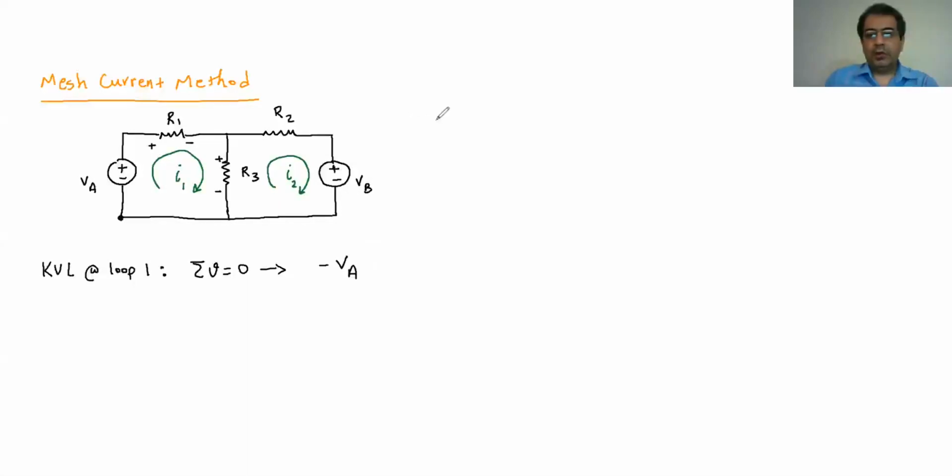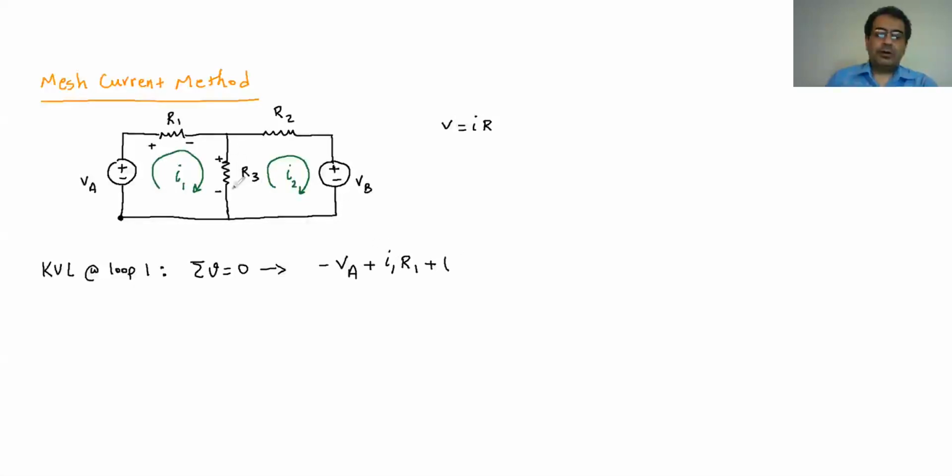How much is the voltage in this one? Remember, Ohm's law says that V is IR. So the voltage in the resistance is like that. So the voltage in this one is going to be, first of all, plus, because we get to that, and it's going to be I1 R1. So it's the voltage in this one. Then plus, again, now I'm going to this one, the voltage in this one, because I'm in loop one and I want to write it. Plus,